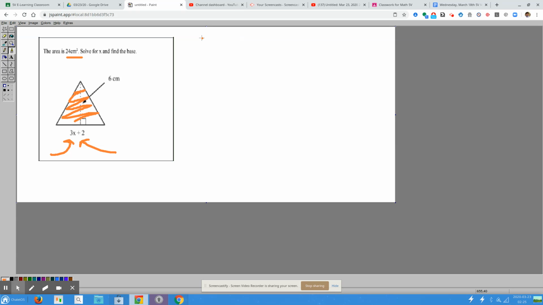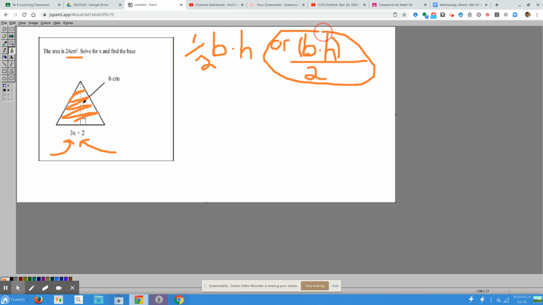The formula we use for an area of a triangle is half times the base times the height. Some students also do base times the height, and then that's done first, so that's why I put it in parentheses, and then divide that by 2. I'll use what has been popular in our class, parentheses open, base times height, parentheses closed, divided by 2,